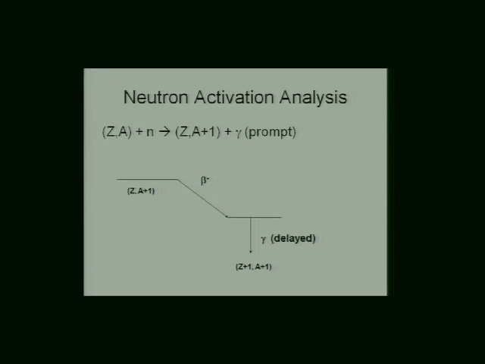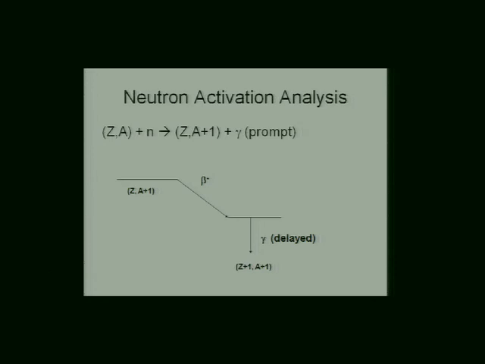And there is a way to do prompt neutron activation analysis, and I showed you some of the spectra the other day. The more conventional way to do it is to do the irradiation and then turn the neutron source off and utilize the fact that most of the nuclei you produce as a result of the neutron capture are radioactive. They undergo beta decay, and very often beta decay to excited states which emit gamma rays. This turns out to be a much simpler way to do things experimentally because you get away from all the radiation produced by your source. And so you look for these beta-delayed gamma rays, and the feature that we utilize is